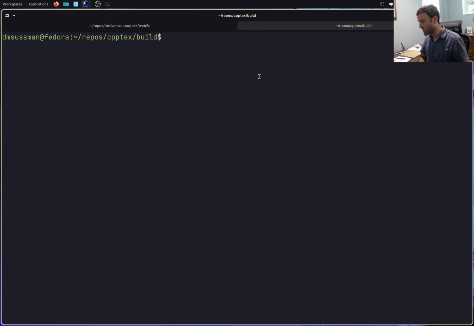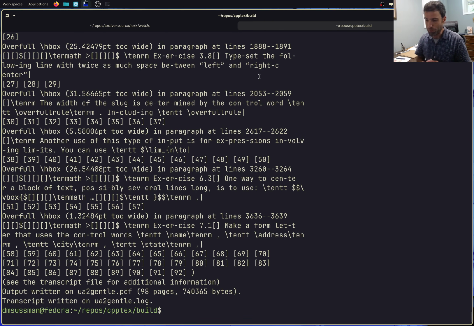Okay, so in the last few videos, I've been focusing on different aspects of this kind of modern tech engine that I've been working on as a hobby project. I talked about things like being able to compile without invoking the macro layer at all, just built into the engine, the ability to use modern fonts to generate accessible, tagged PDFs, to be able to use the fact that our computers are multi-threaded to very quickly generate, in this case, a 98-page PDF, UA2 Gentle, let's pull